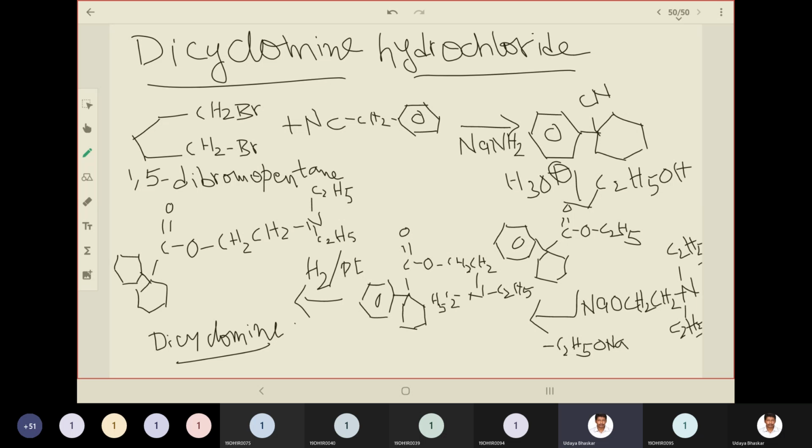Both are fused together by supplementing with NaNH2, that is sodamide. Sodamide helps in fusing both things. Okay, dibromopentane is cyclized to cyclohexane, and benzonitrile will be fused to the cyclohexyl ring. Once we got that intermediate, we will add ethanol, okay, by utilizing H3O plus ions in excess in the solvent. Okay, we'll get the ethyl ester attached to our earlier intermediate.